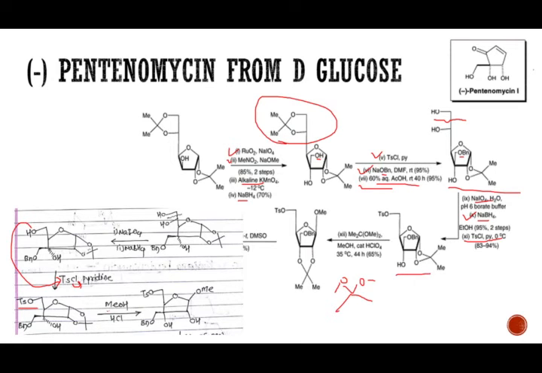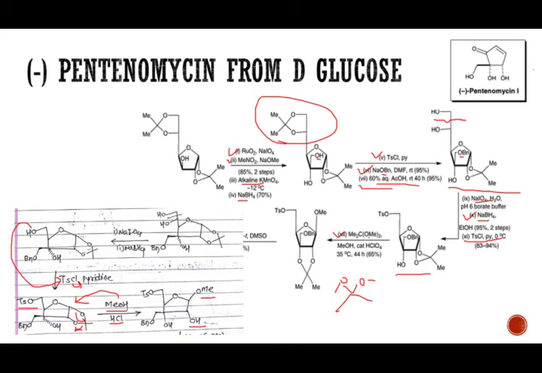Now the next reaction is methanol in H plus. So this is a very interesting reaction. What will this methanol do? It will attack over here and then deprotection of this acetal, we get OMe and OH over here. So once we get OMe and OH over here, the next reaction is with this